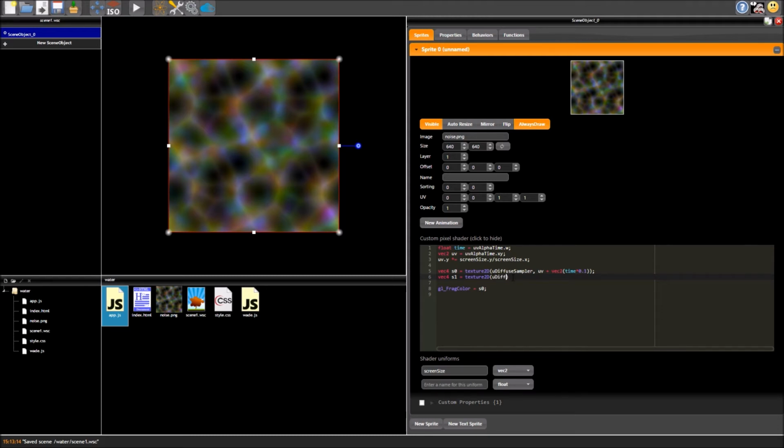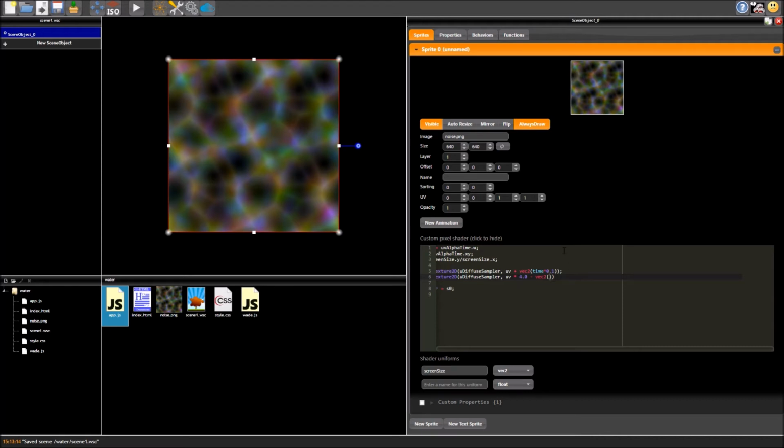So we need to redo this, diffuse sampler, UV once again, but this time we're going to times it by 4, and I'm just going to take away a little bit based on time. So because I'm taking away, this is probably going to go the opposite direction, or at least I hope it is.